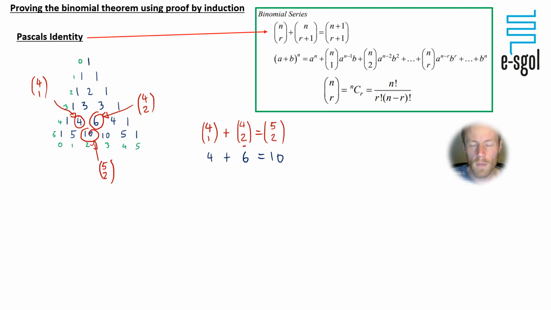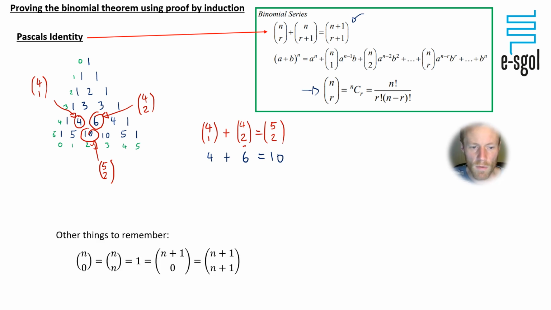So using the triangle, we can see how that identity works, and that's probably the nicest way of seeing that. You can prove it algebraically using this. It just gets a little bit more awkward. Also, if you go and Google this online, you might find this written in a slightly different format, but the concept is the same. So that's Pascal's identity. We're going to need that, but because it's given to you in the formula book, I don't think we're going to need to prove that.